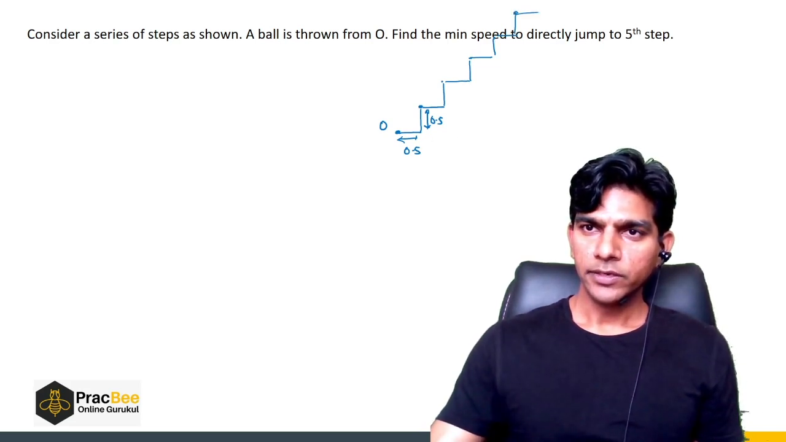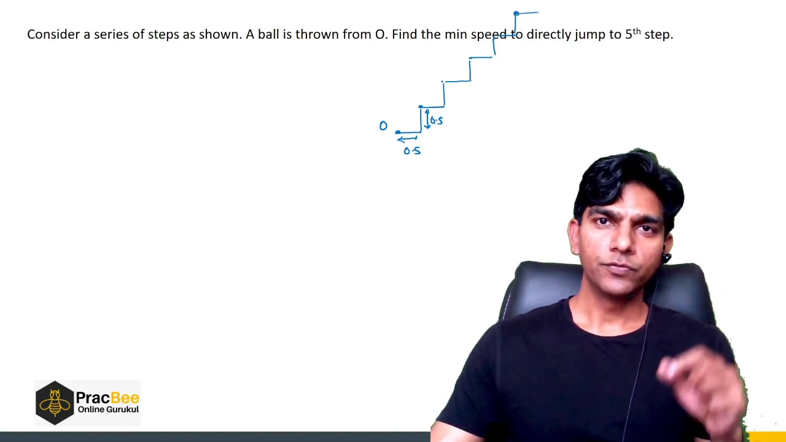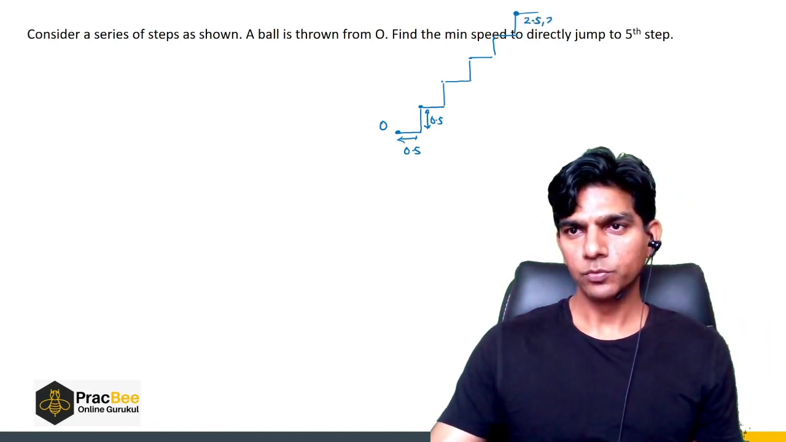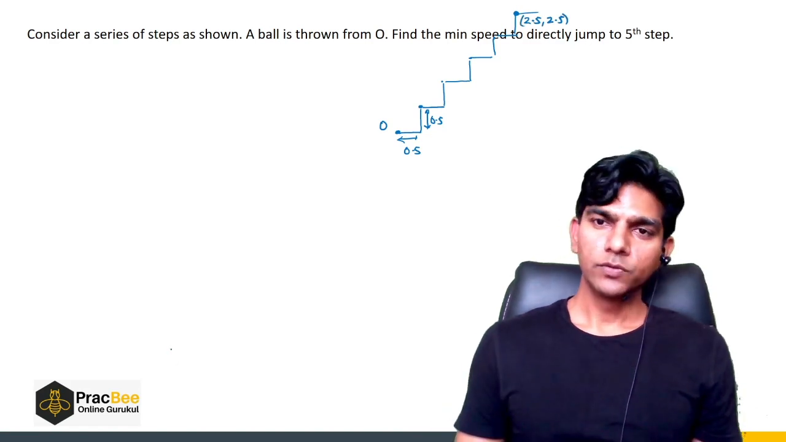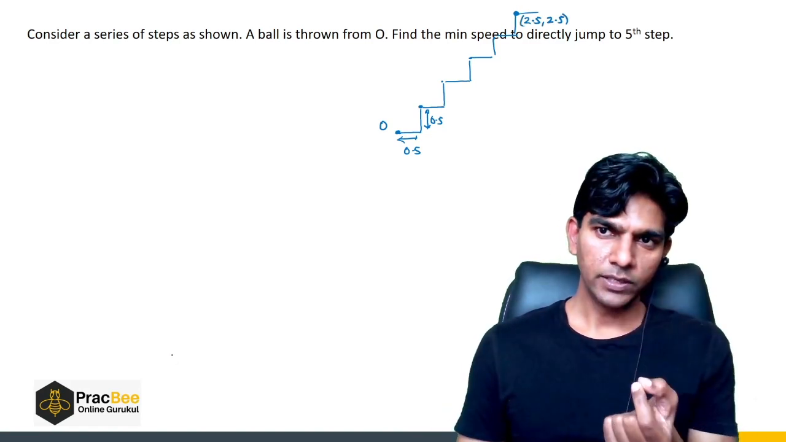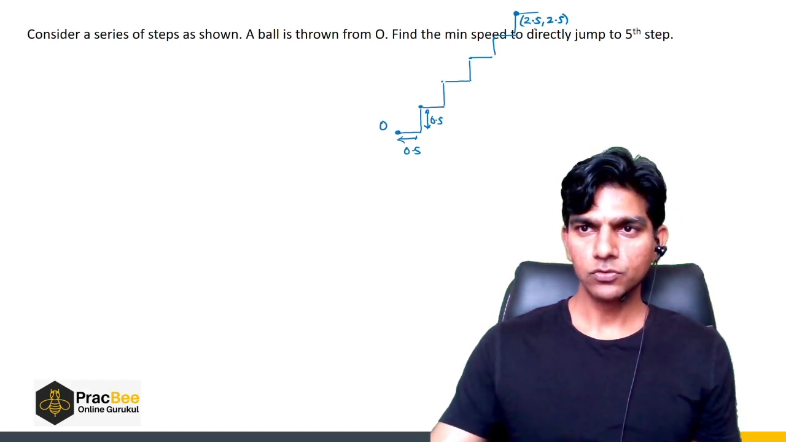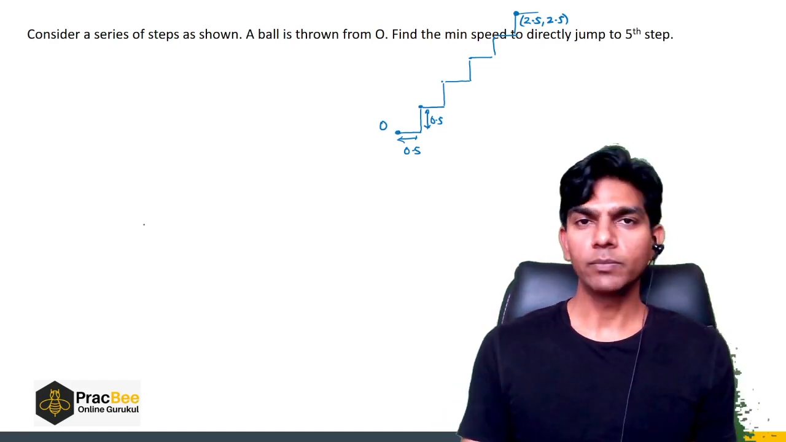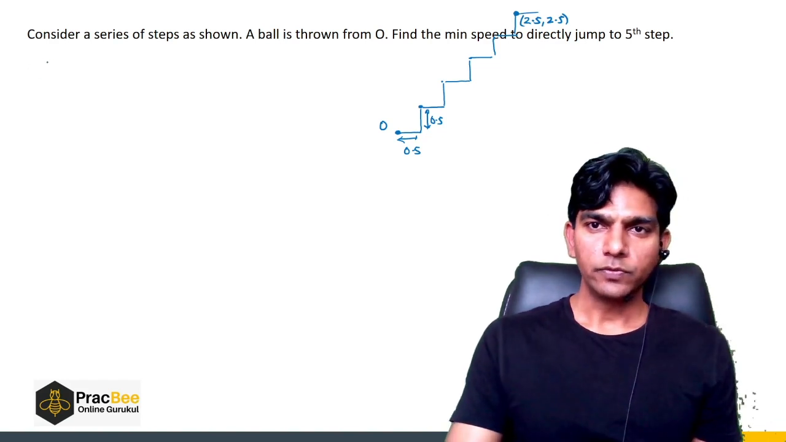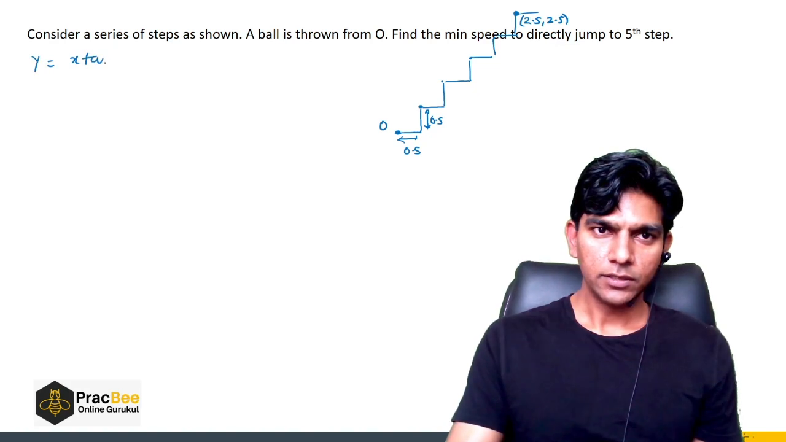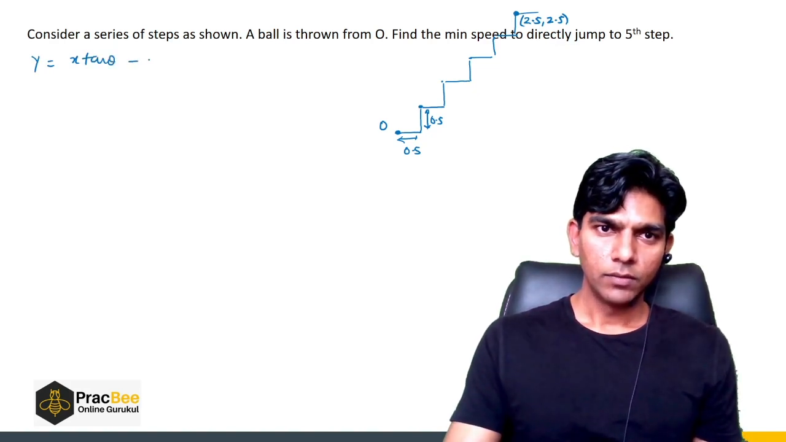So the coordinate of this particular point where we want to land this ball will be (2.5, 2.5). When we know 2 points on the trajectory, one is, let us say, the origin, and the other is (2.5, 2.5), we can apply the equation of trajectory to find the minimum speed. So we have y equals x tan theta minus g x square upon 2 u square